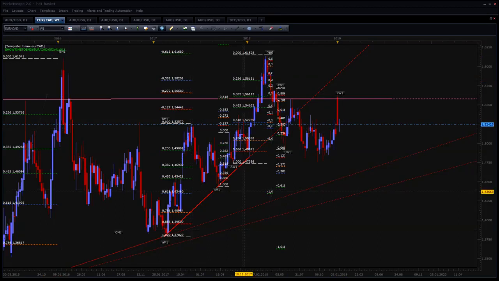We did draw the counter uptrend lines. Market broke through it once, tested, rejected. But yeah, we're maybe waiting for the market to come down to this level, because on a weekly basis, the wave